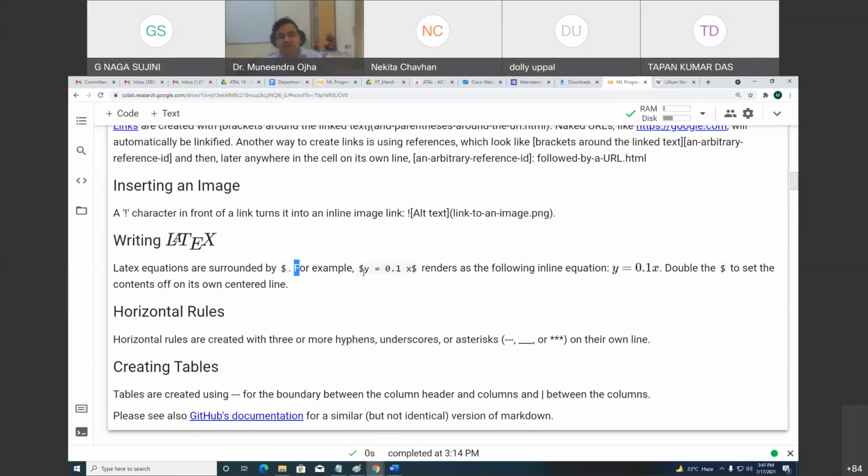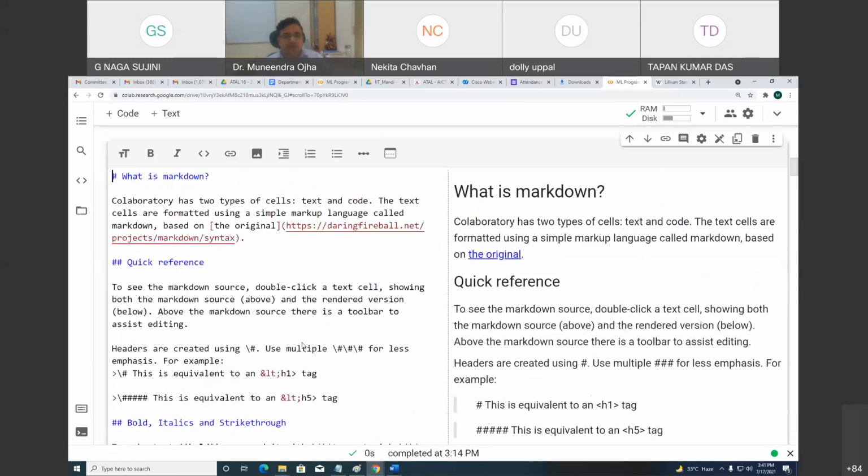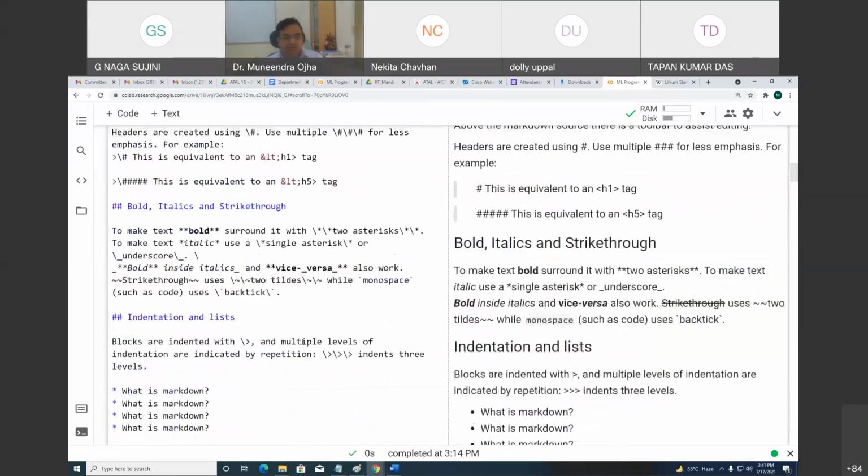If you have to write a mathematical equation, you surround it using dollar, and then the text is written as an inline equation. In fact, if you put double dollar, then it will be different, I show you over here.